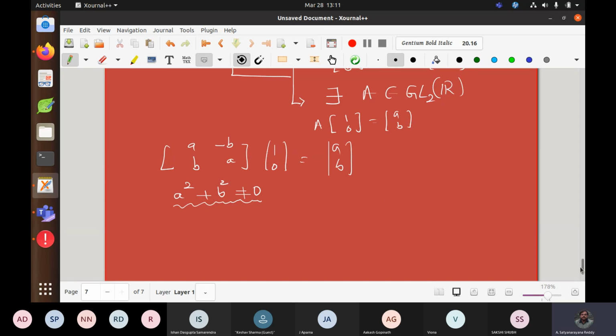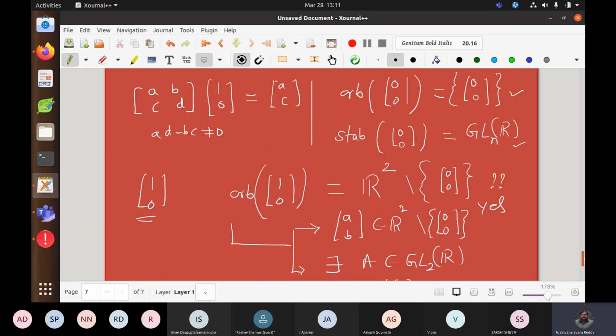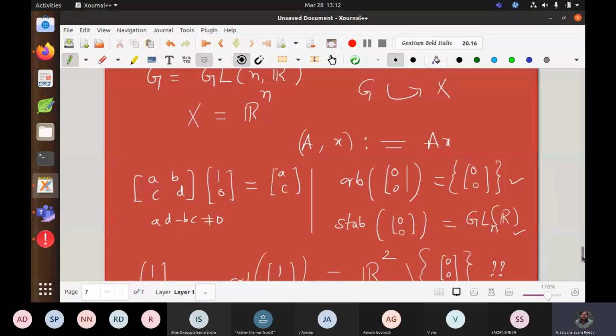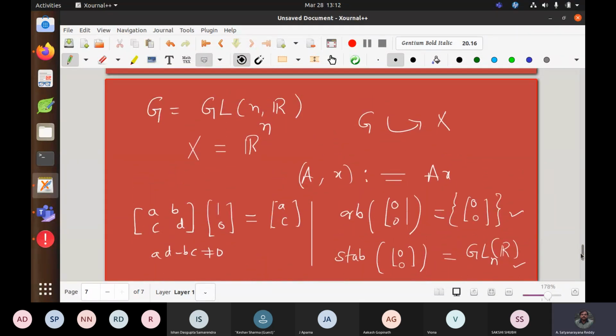Yeah, this is very, very important actually. It is irrespective of which way you are doing. This example is a wonderful example, so better to learn it. GLN acting on Rn, where the action is defined as A acting on X as A times X only. You take an n by n matrix and a vector X, n cross 1, then I will get n cross 1 again, y. So it is taking Rn to Rn. Once I fix a matrix, it takes vector to vector.